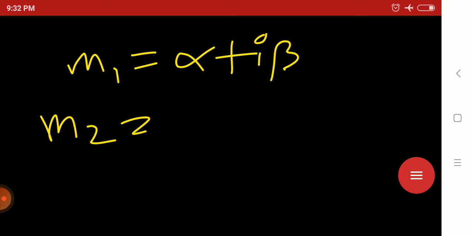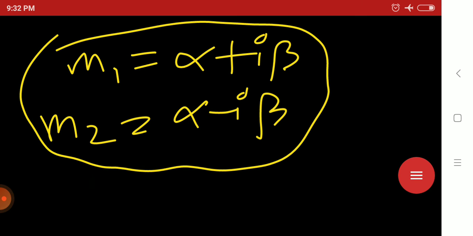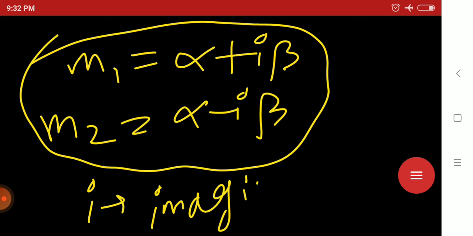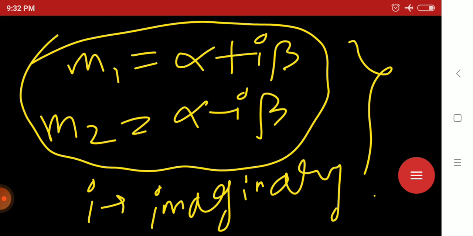What complex number means? If m1 is such that alpha plus i beta, and m2 is such that alpha minus i beta, this kind of case is coming. i is what here? i is imaginary. So this is a complex number. So in that case, if m1 equals alpha plus i beta and m2 equals alpha minus i beta, then